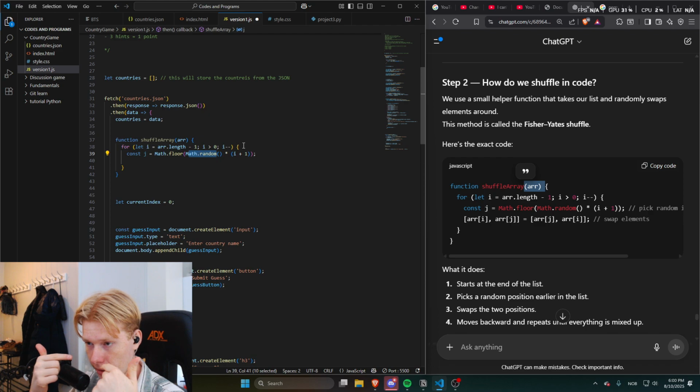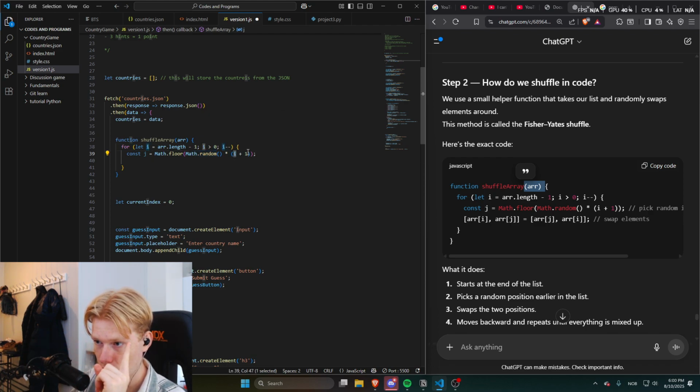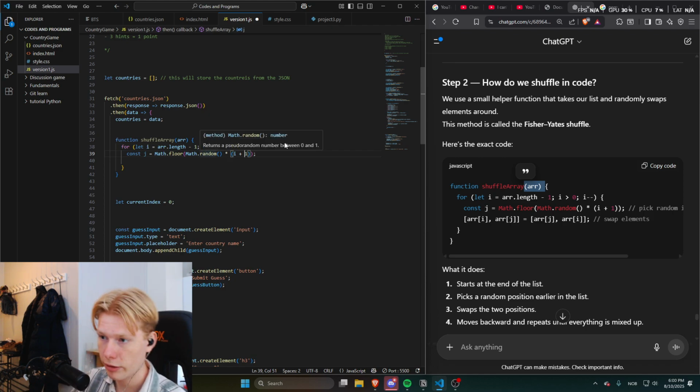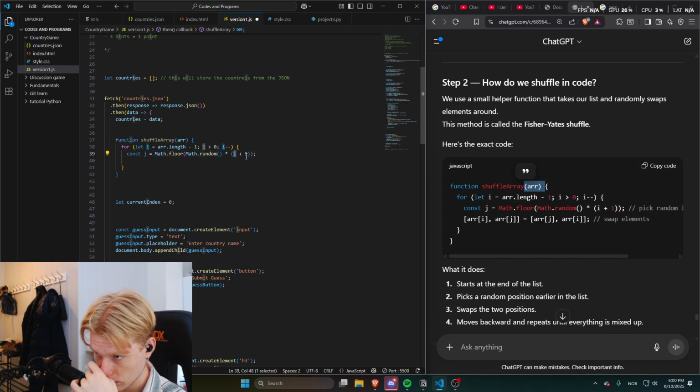It multiplies it by our current index plus 1, right? So let's say we're at the last index, which would be 199. It will pick a random number from 0 to 1, let's say 0.5. It will be 199 plus